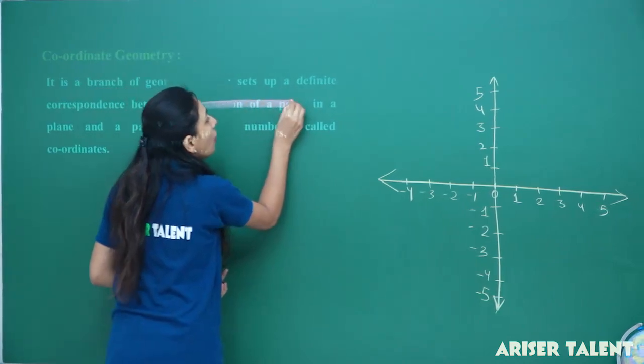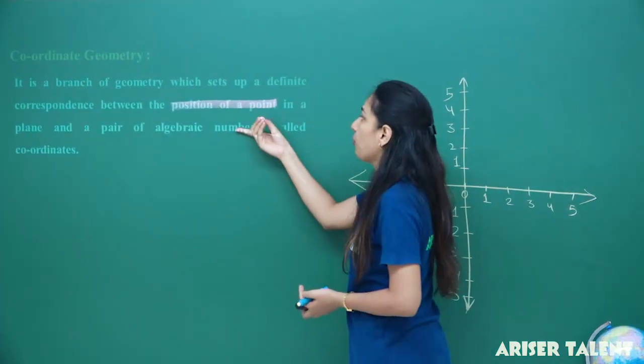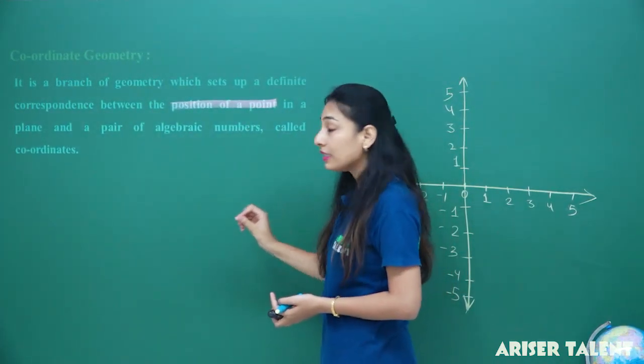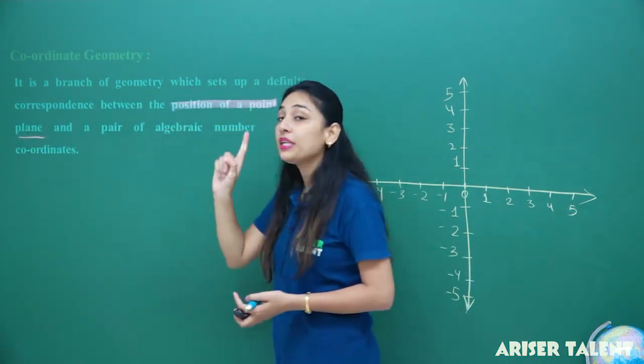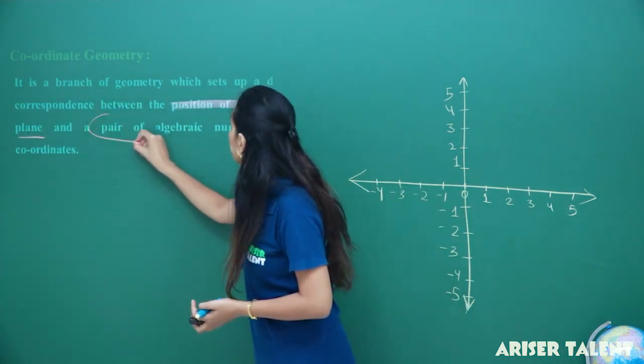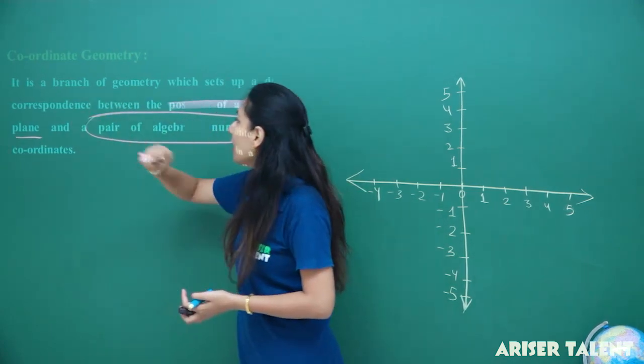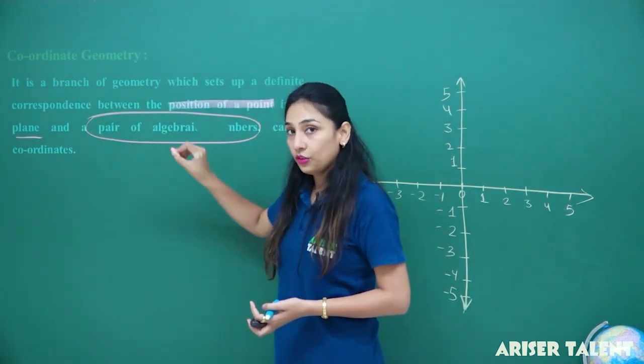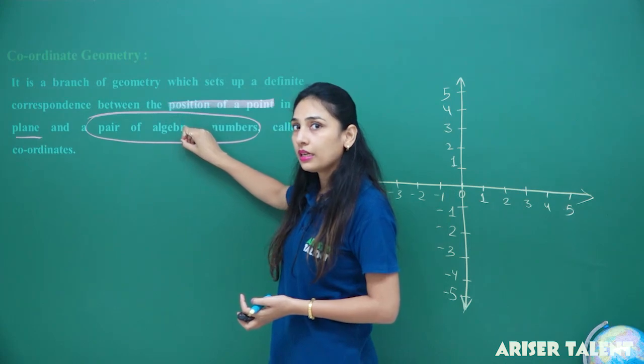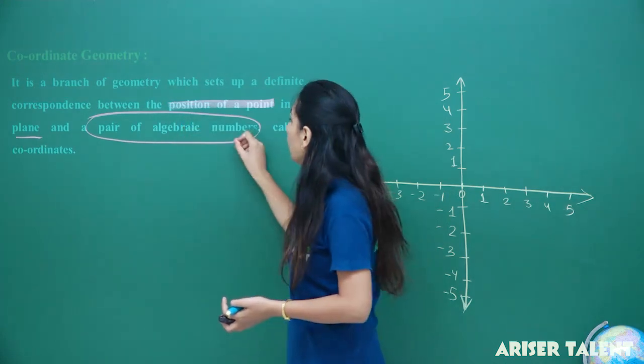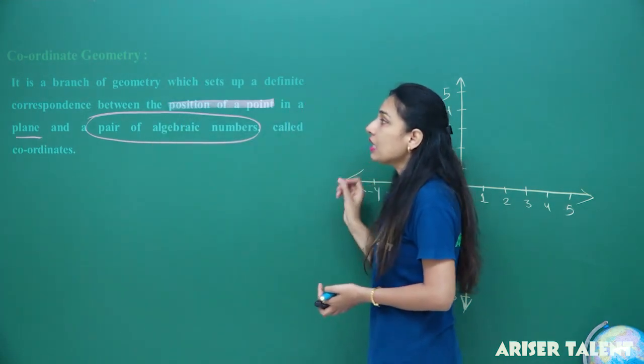This is the position of a point in a plane, and a pair of algebraic numbers. Now this is important: a pair of algebraic numbers. I'll make you understand that further. So a pair of algebraic numbers is called